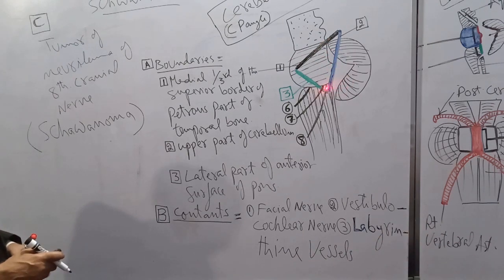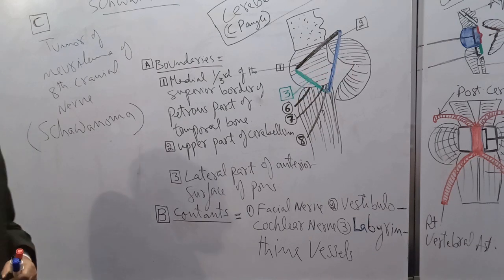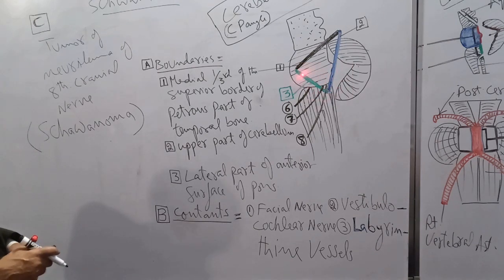The vestibulocochlear nerve supplies the internal ear. It is for balance, equilibrium. And the internal ear is also nourished by the blood vessel called labyrinthine vessels. So internal ear will be affected. Next, pressure of this tumor, schwannoma, will also compress the adjacent facial nerve, and there will be the signs and symptoms of facial nerve compression also. So this is the clinical importance of this angle.